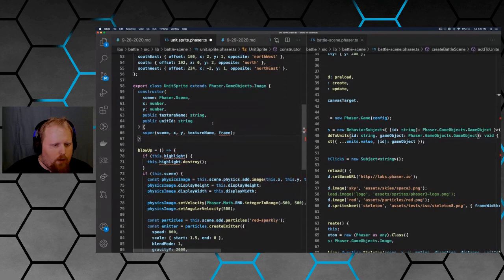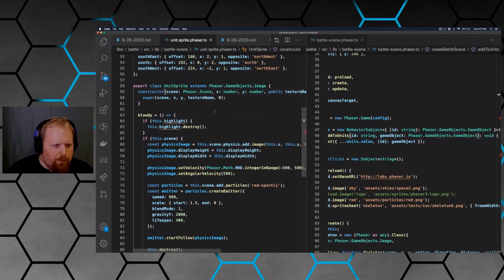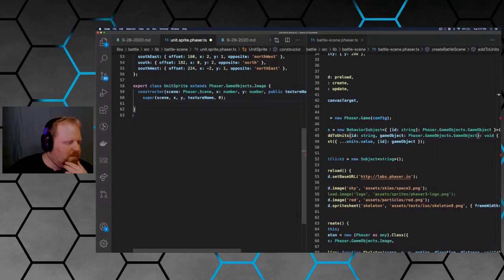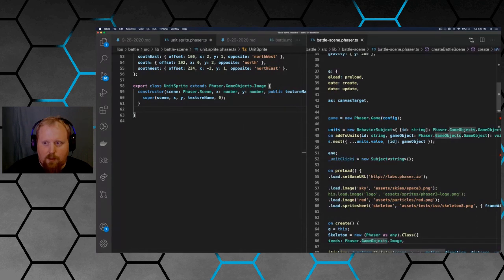Let's try passing in 0 there. Figure out where this takes us. Blowing up, we don't really want to blow up, so we can just erase this. All right, that's really clean. Now we'll want to take a look at what we're actually doing inside the skeleton and start moving